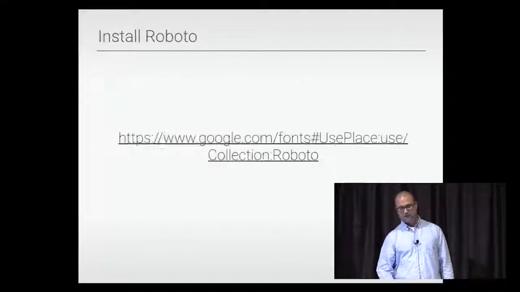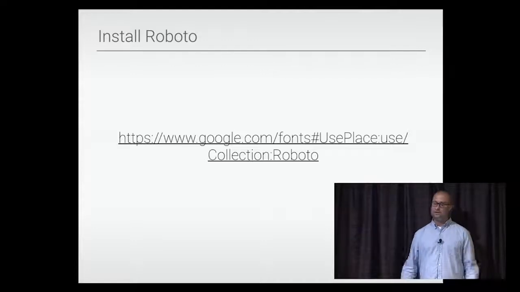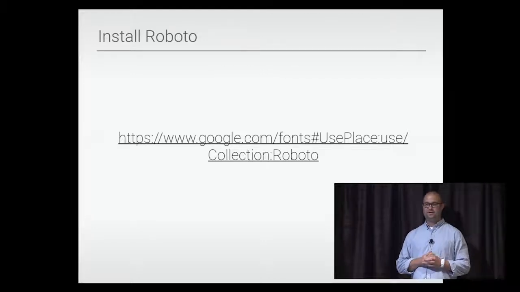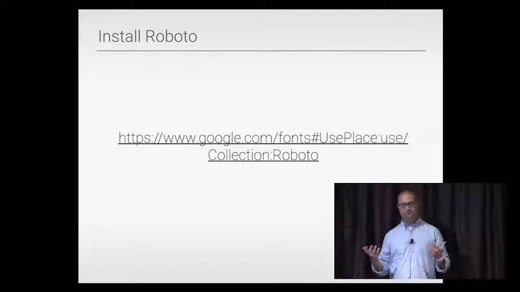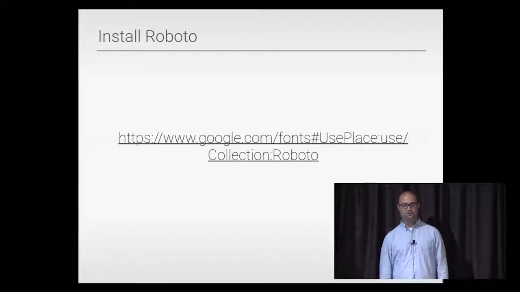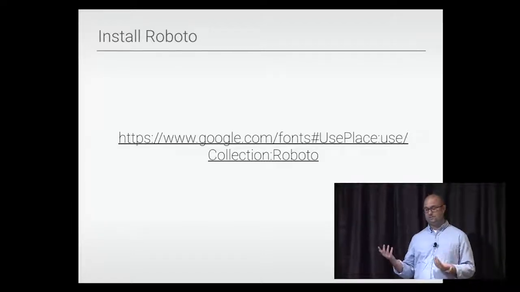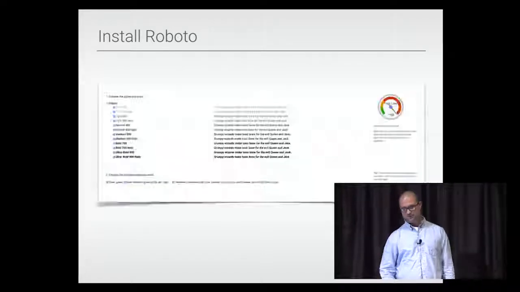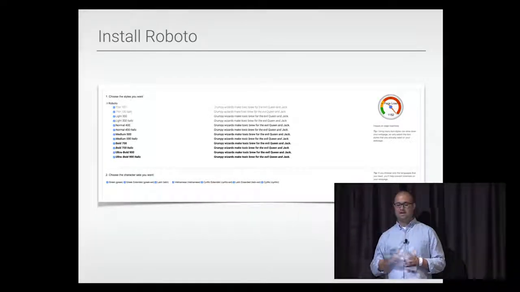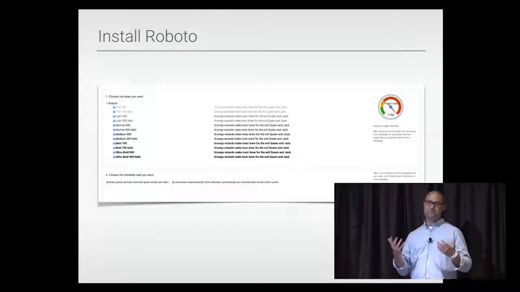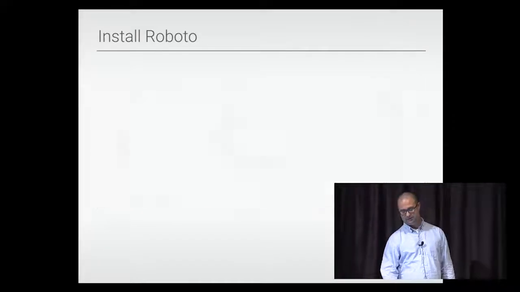So the first thing you're going to need to do is install Roboto. Roboto is the font Android uses. I'm sure you're very familiar with it. I like to get it from google.com/fonts. It gives you the option to put in all the different styles and weights that you want, and it'll download a zip, which will be a bunch of TTF files, which is a font file, and you'll just go